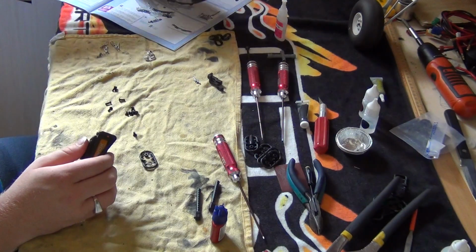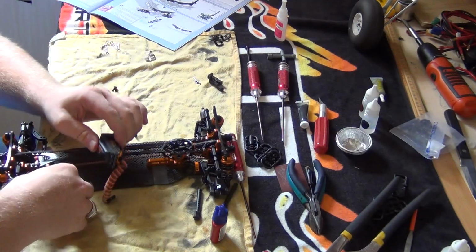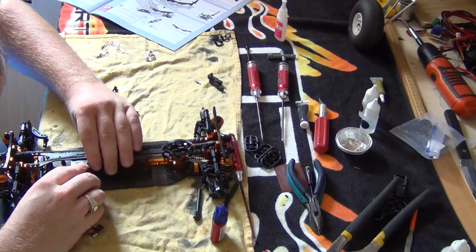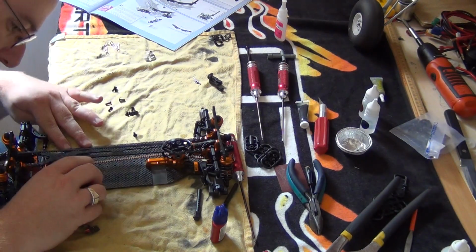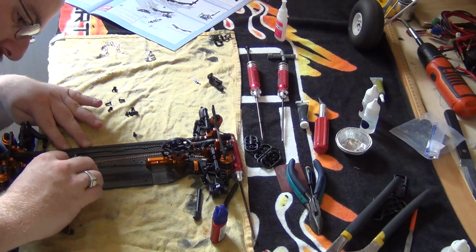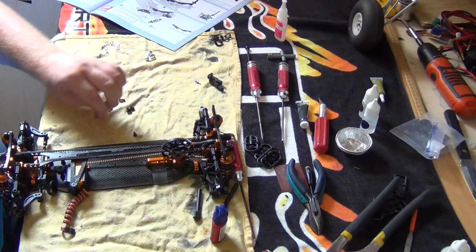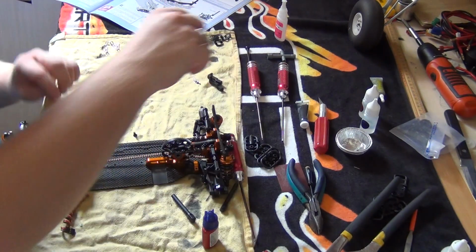Now, next part is we install the servo onto the chassis. So that means we also have to just put that in. You know, there's a little slot for it to sit in. Okay. What we'll do is we'll screw it in. And what we will do is we will use...